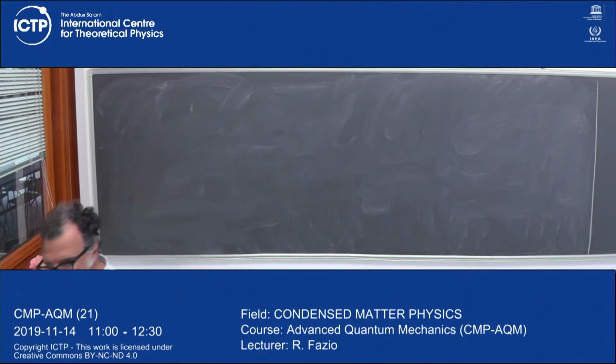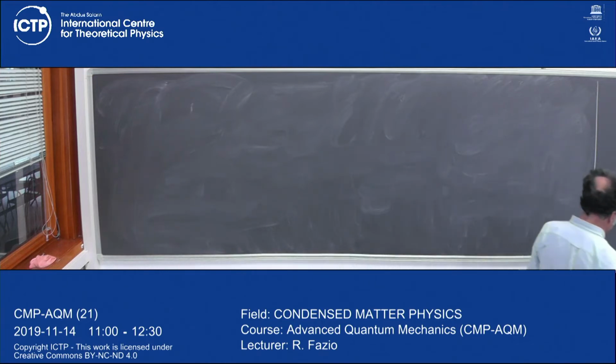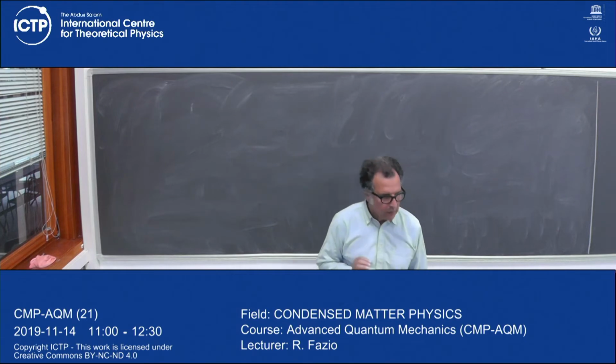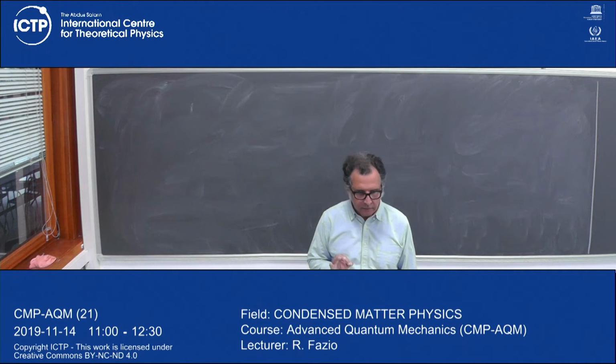I have to do something else. So first, I would like to understand what happens to the system when I perturb some subsystem of degenerate levels. Okay? So when I perturb it, in general, what can happen is that,